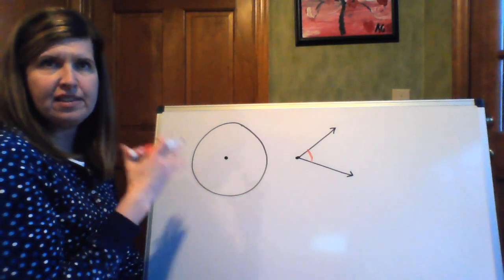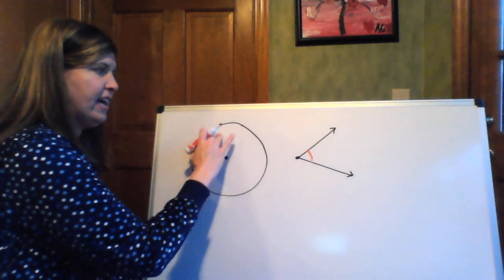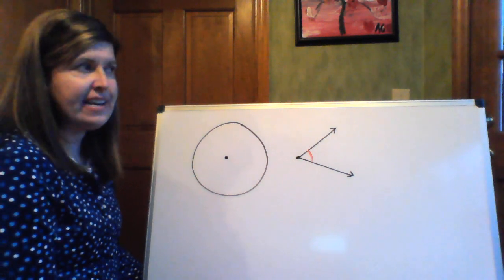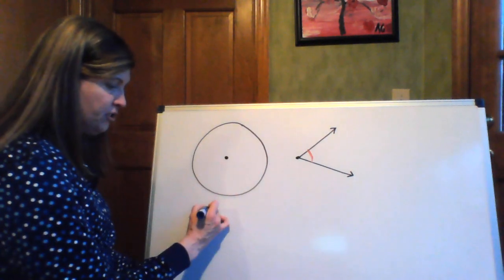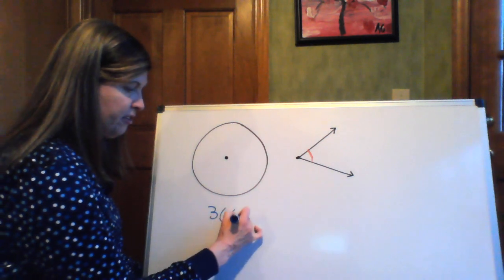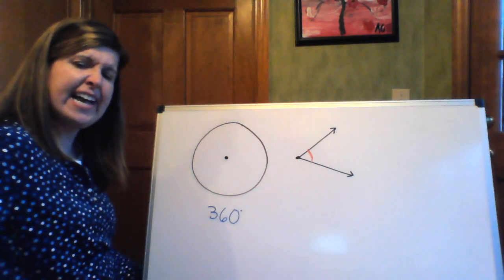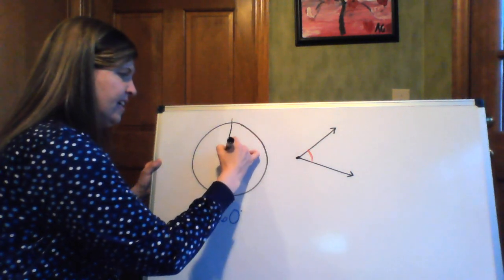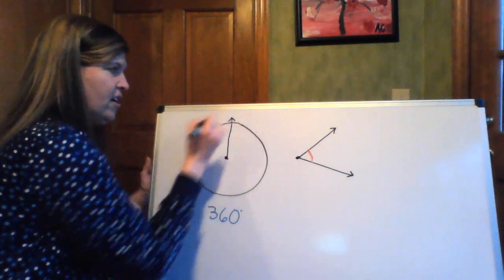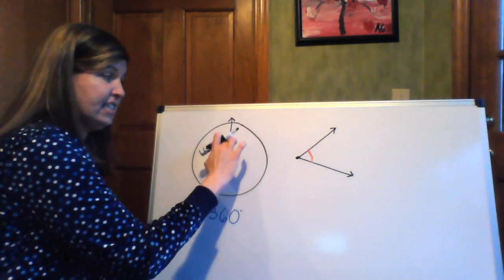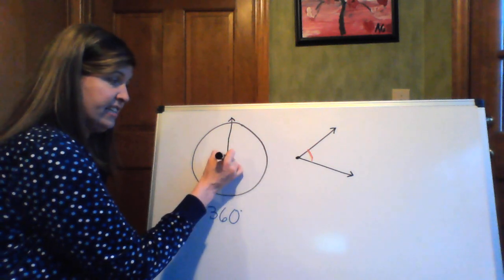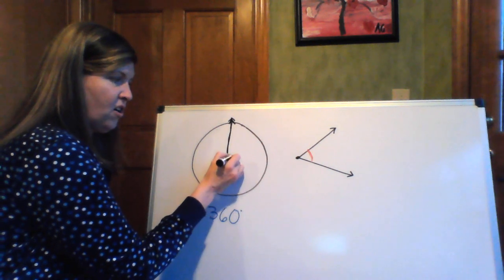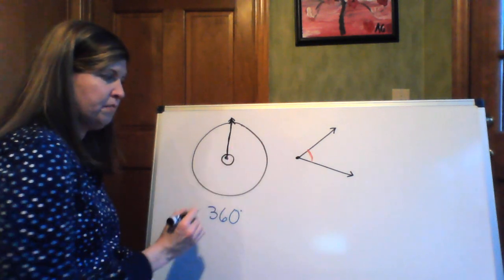Now, to get started, I want to explain measurements that have to do with degrees. I want you to think about a circle, and we're going to first talk about how many degrees are in a circle. In a circle are 360 degrees. I think of them kind of like minutes on a clock. Here would be our starting ray. If I did this ray and another ray exactly in the same place, the distance all the way around would be